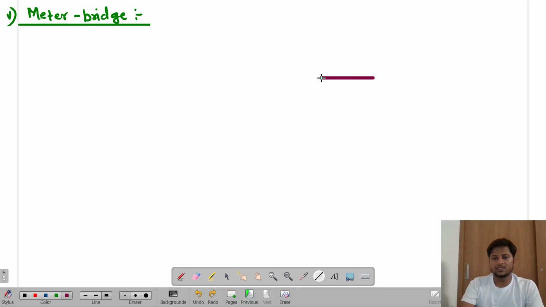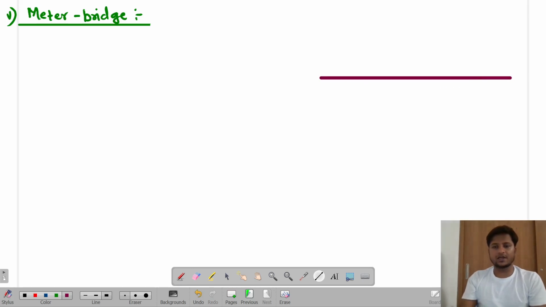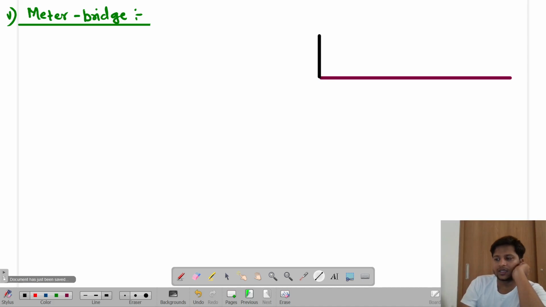First, there is a long 100 centimeter wire, 1 meter, correct. And it is connected with two important things of physics, which we call a resistance box